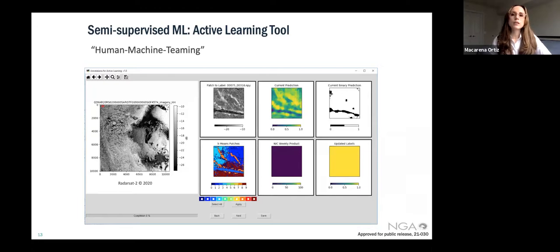So an analyst would only need to label pixels in that box, as opposed to the whole image or a much larger portion of the image. Then in that specific chip presented by the active learning process, the analyst could be assisted to label by incorporating either clustering techniques, shown by the k-means patch image in the middle and lower left-hand side, or they could use their weekly US NIC products.